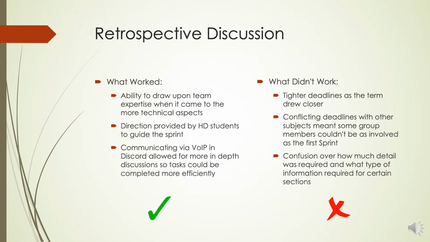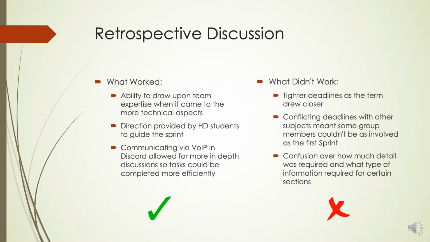A few things that worked well for the group during Sprint 2 were the ability to draw upon team expertise when it came to the more technical aspects. Not all team members had an equal level of technical knowledge, but those who had a better understanding were more than happy to clarify and provide direction in order for all sections of the task to be completed to a high standard. The next good aspect of the sprint was the input provided by the high distinction students, who were able to guide the sprint using their expertise. This was a great help to the group overall as it made sure that we stayed on the right path